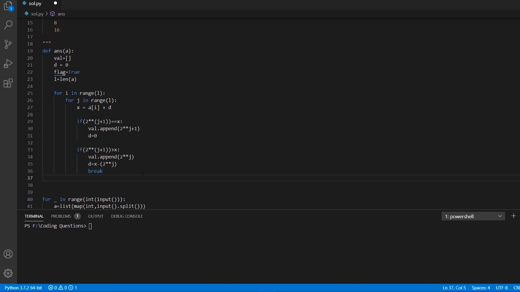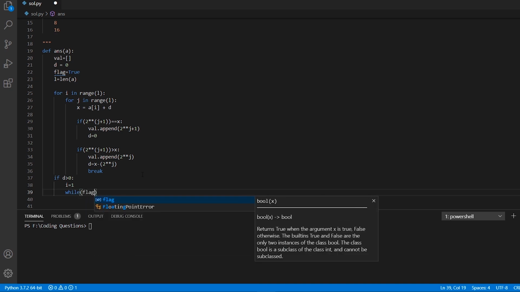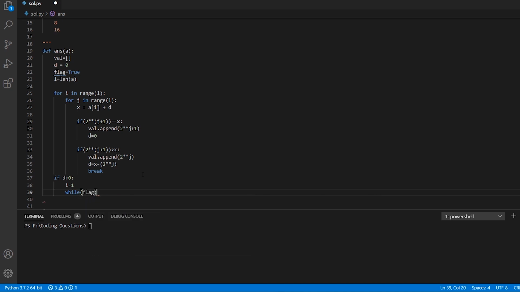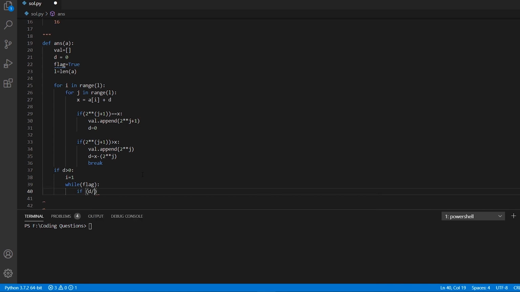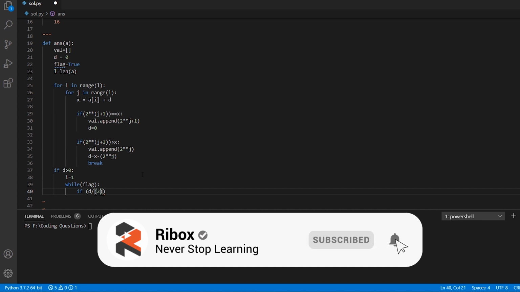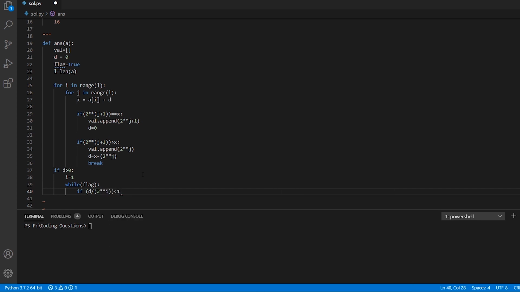So coming outside of the for loop, we will check if the value of d is greater than 0. If that is the case, then we are going to create a variable, say i, and set it to 1. Now we are going to use the flag variable which we declared already, and what we are going to check here is if d divided by 2 to the power i is less than 1.